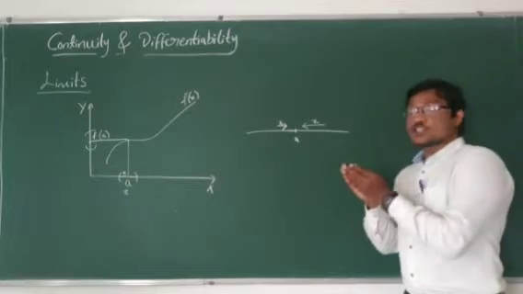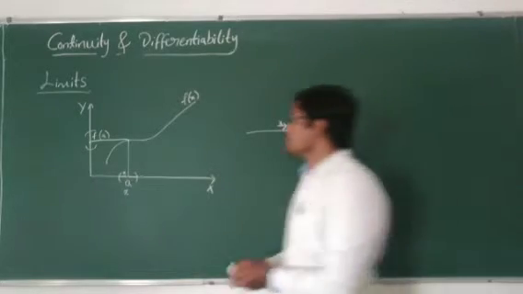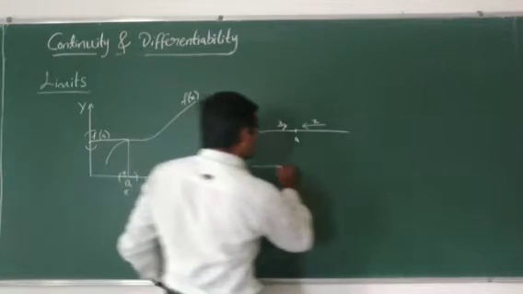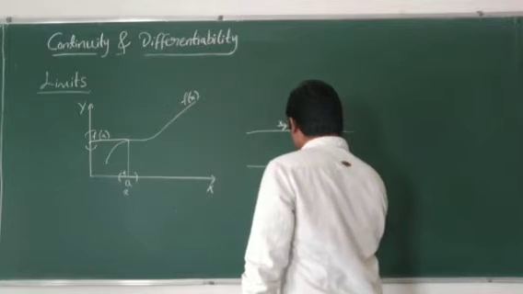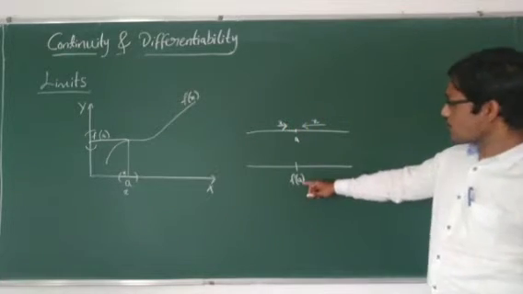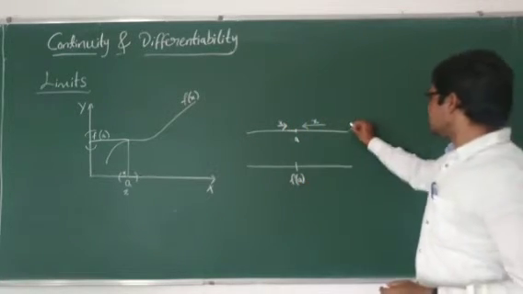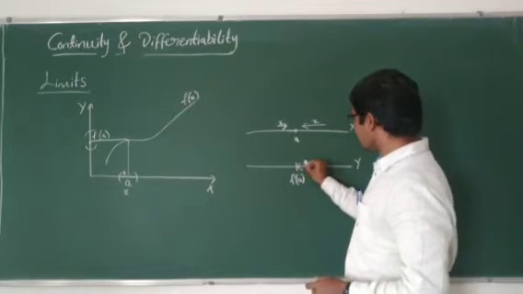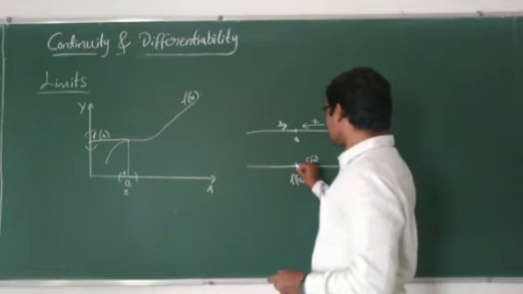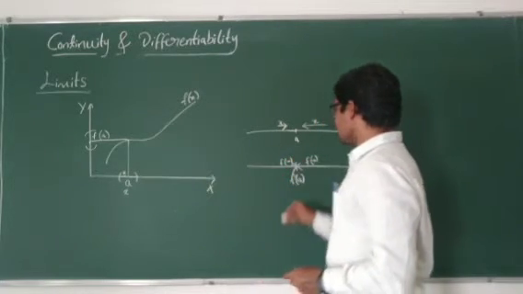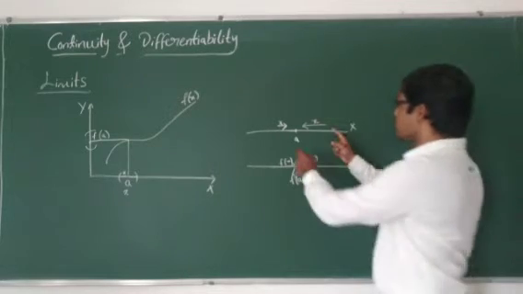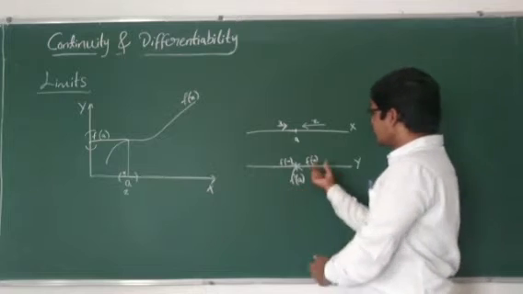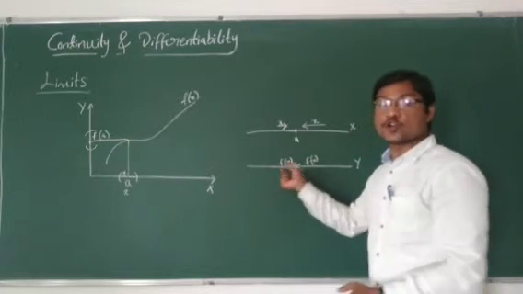When you get closer and closer to A, the values that you get on y-axis, suppose this is f of A, this is x-axis, this is y-axis, the values that you get on y-axis will become closer and closer to f of A. So when you approach very close to A, the values of f of x will be approaching closer and closer